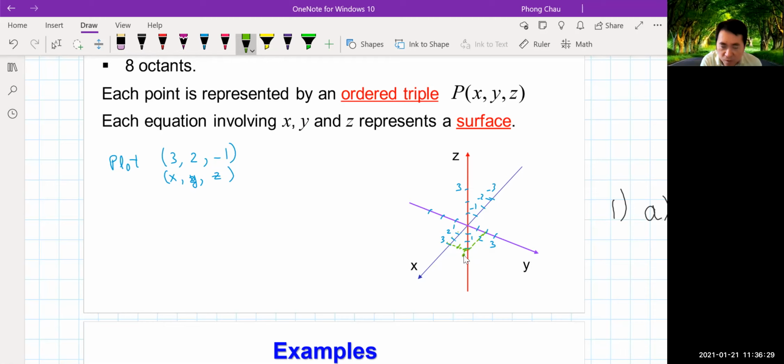So this point right here is the point that we're looking at. Okay, so basically 3 units front, 2 to the right, and 1 below the surface of the xy plane. Okay, so that is the point. Now, when we're in this new 3-dimensional system, the equations that we often had in the past